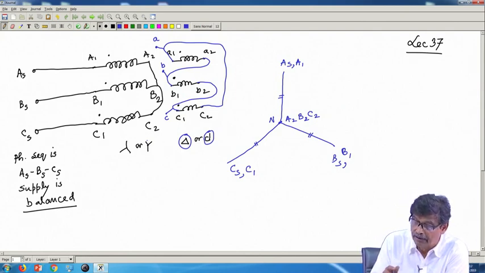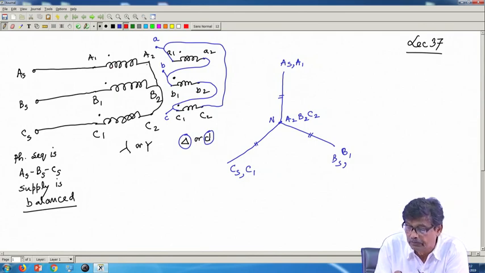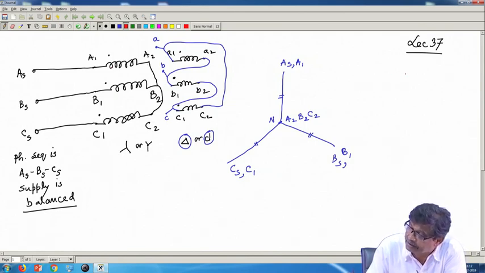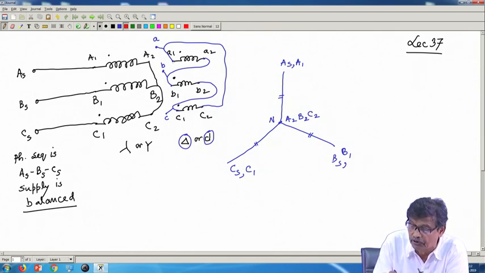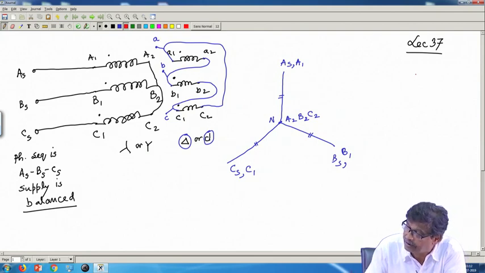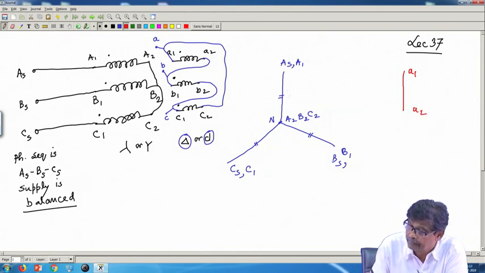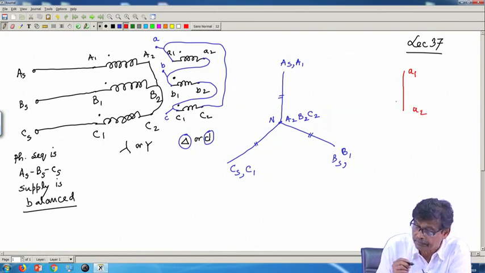Okay. Now, based on this you can easily see the secondary voltages will be, since voltage applied across the primary of transformer A is A1 A2, therefore, on this side you have the secondary voltage small a1 a2, which will be parallel to this length. So, I write it like this, a1 a2. Got the point? Parallel to capital A1 A2.